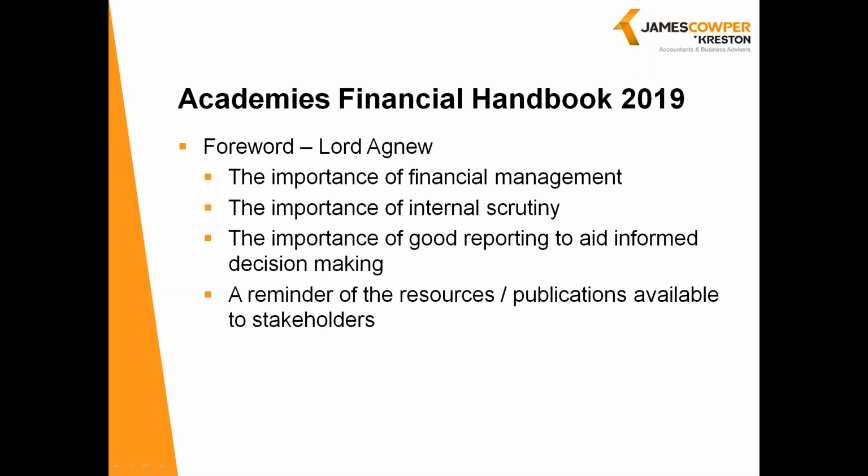The handbook starts with some comments from Lord Agnew on behalf of the Secretary of State, and essentially he reiterates the importance of financial management, of internal scrutiny, which we'll come on to later, the importance of good reporting and management accounting and how important that is to allow trustees and directors to make informed decisions. And also it includes details of publications and resources that all stakeholders can use,